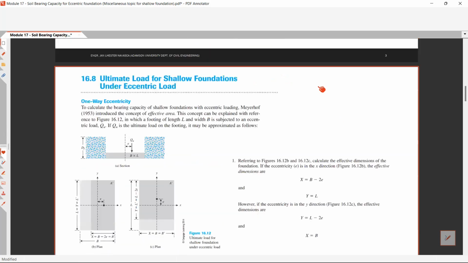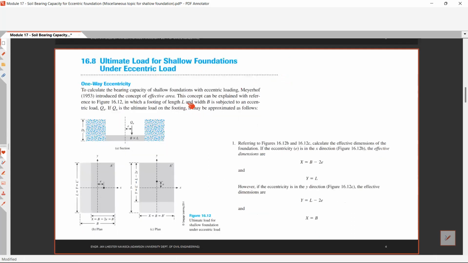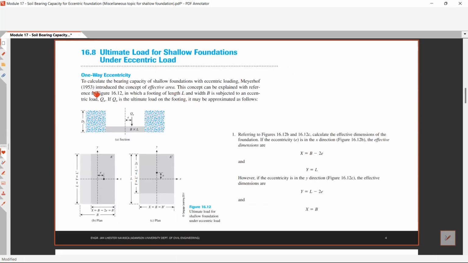So for the ultimate load for shallow foundation under eccentric loading, one-way eccentricity, to calculate the bearing capacity of shallow foundations with eccentric loading, Meyerhof in 1953 introduced the concept of the effective area. Okay, may inintroduce sila ng effective area. So this concept can be explained with reference to this figure, with a foundation of length L and width B, which is subjected to